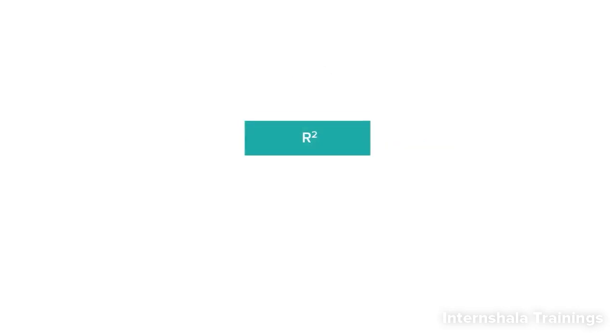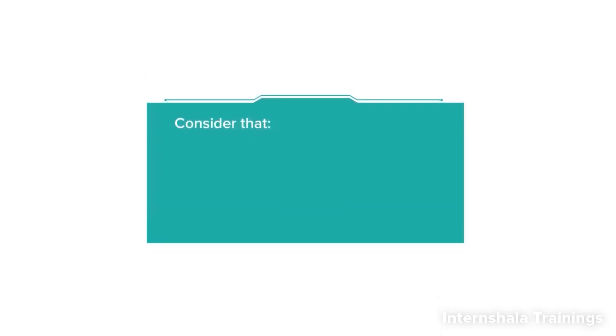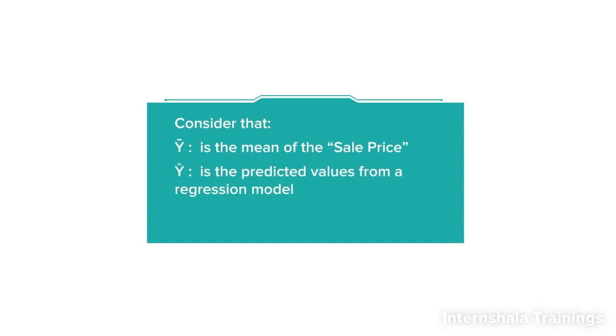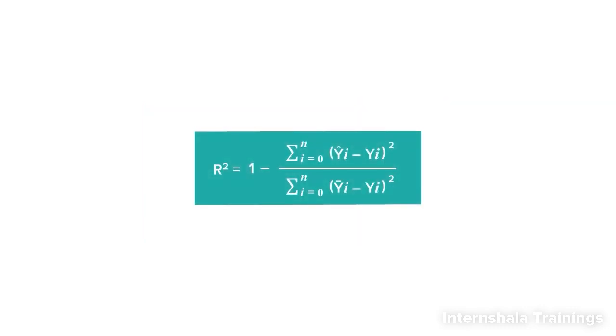Yes, there is another evaluation metric known as R-square, which does exactly that. Instead of providing an absolute value for error, it gives us the relative error of a regression model with respect to the simple mean regression model. Consider that y bar is the mean of the sale price, y hat is the predicted values from a regression model, and y represents the actual sale price. Then R-square can be defined as 1 minus sigma (y hat minus yi) square divided by sigma (y bar minus yi) square,